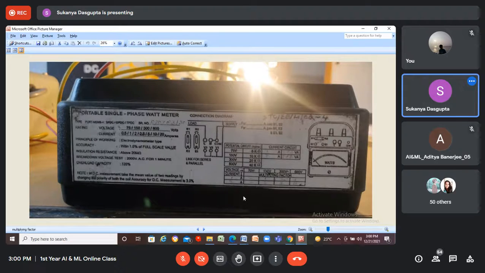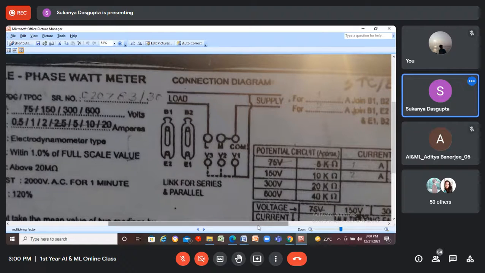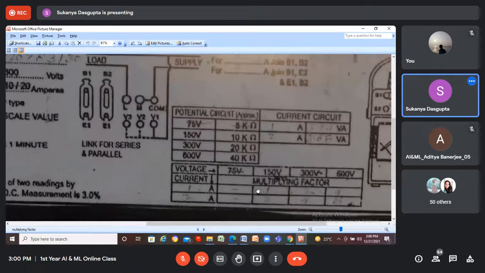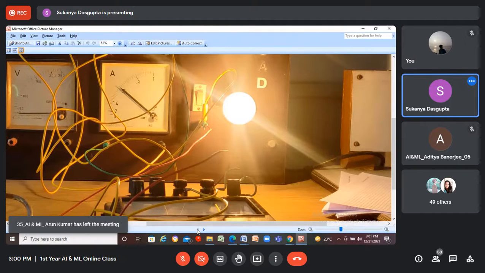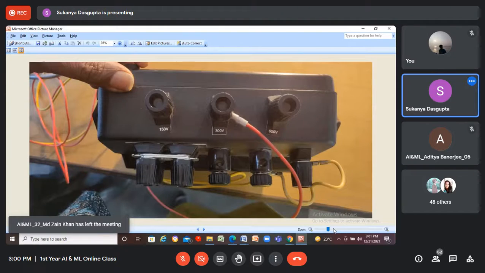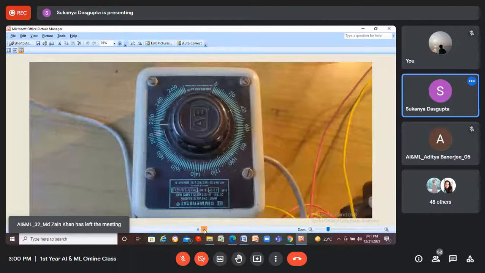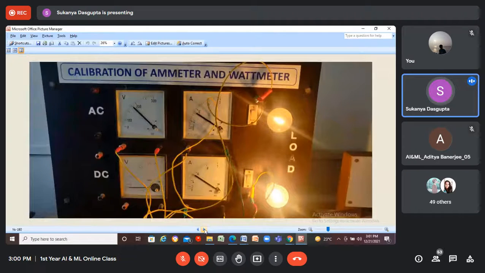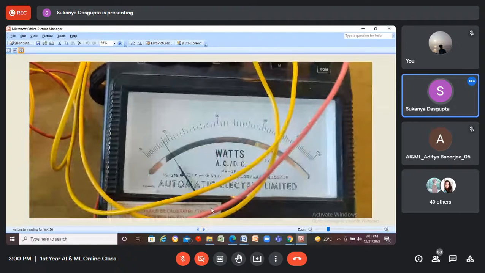Now, look at this table, multiplying factor table. Before that, let me show you the scale or span of the wattmeter. Just wait. Yes, this one. This is the scale or span of the wattmeter as shown at the top of the wattmeter. 0 to 150. This is the scale